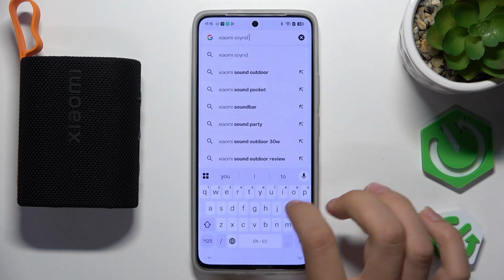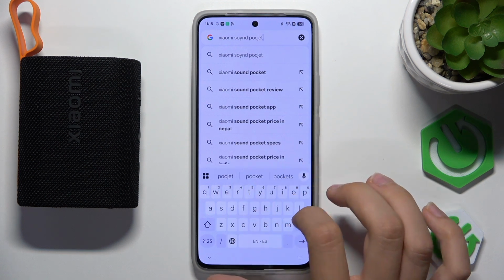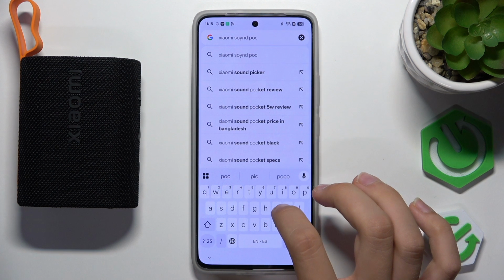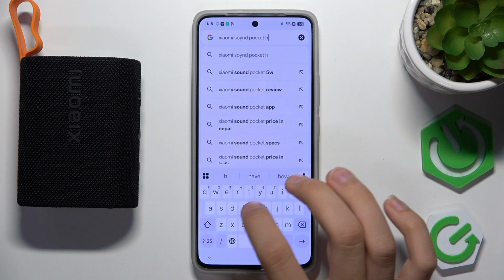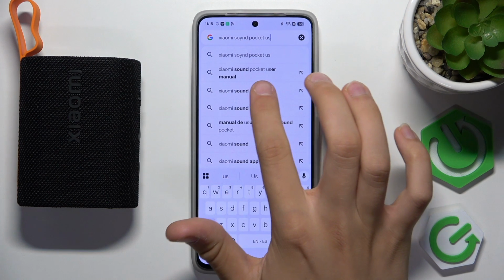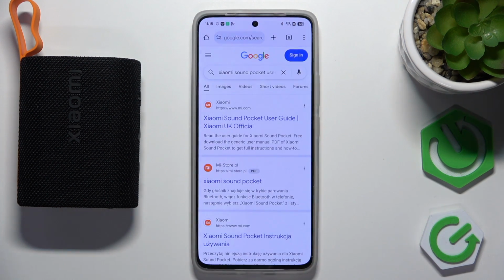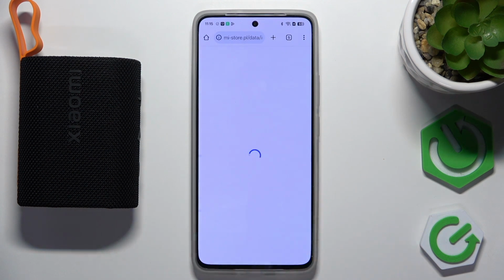XIAOMI Sound Pocket. And apart from that we have to add it to this user manual. Here, XIAOMI Sound Pocket user manual. Now here, as you can see in Mi Store, we have the user manual. We have to tap that,